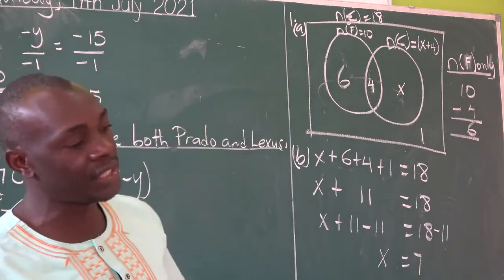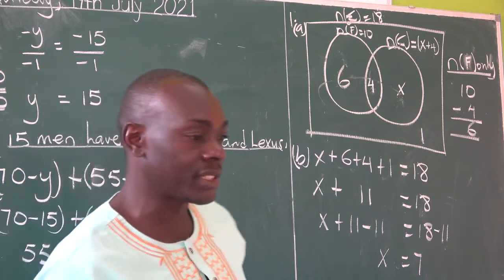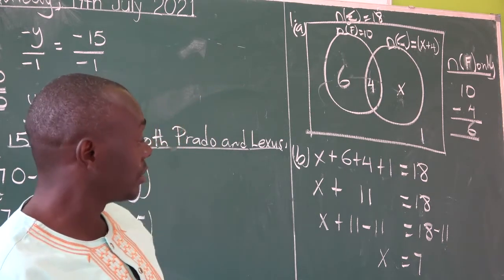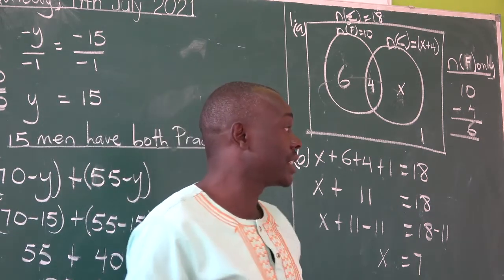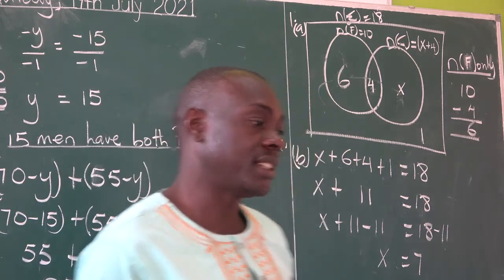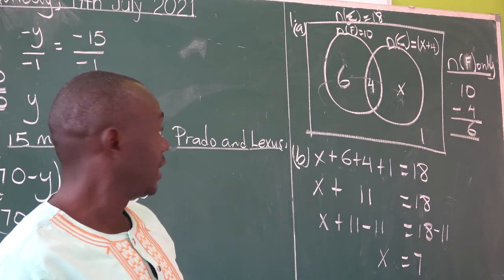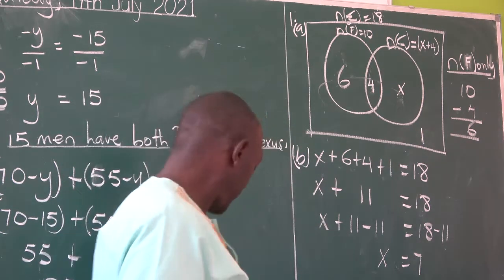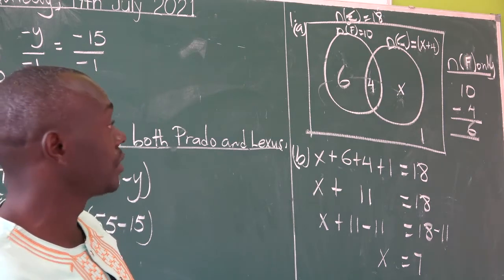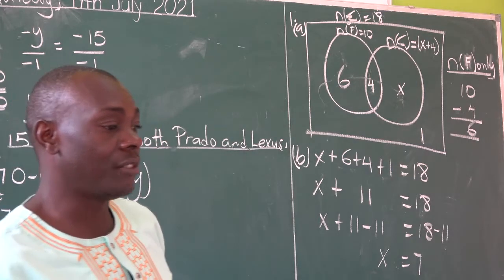When I say find the value, it's far different from asking you how many friends were served. So there I put the word friends. But now, x value, you want x value, you just say x is equal to 7. And then you have answered. Number 1, all the entire work here in B on page 64 asks for two things: one, showing the information in the Venn diagram, as well as finding the unknown.